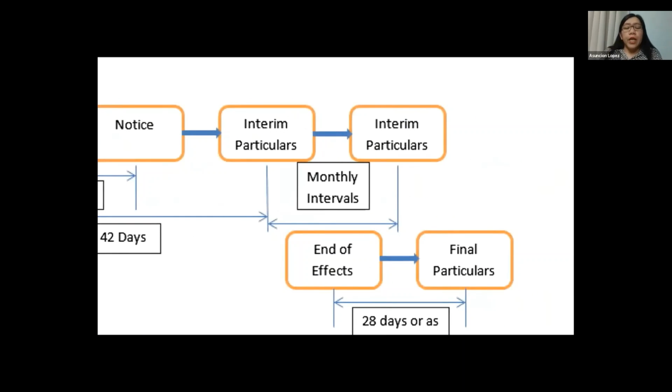Now, what is a continuous event? What is a good example of a continuous event? This COVID-19, right? COVID-19 started in January, and now it is continuing and we don't know when it will end. So if it is causing a delay in your project, what you could do is submit interim particulars at monthly intervals. And that is stated there, that you have to provide it at monthly intervals.